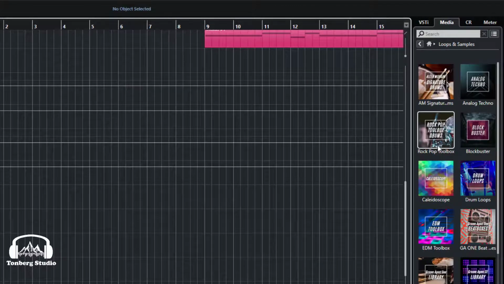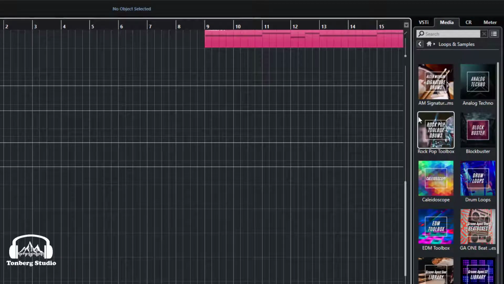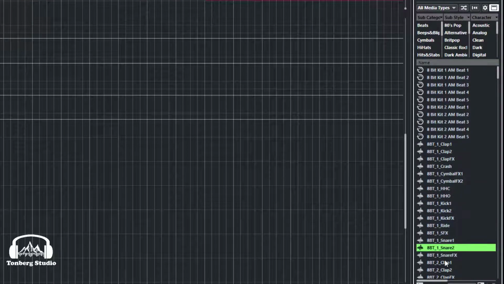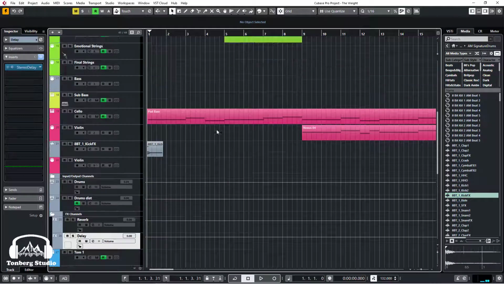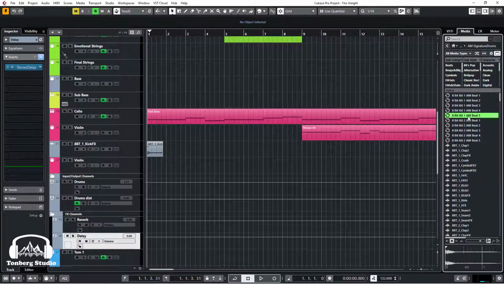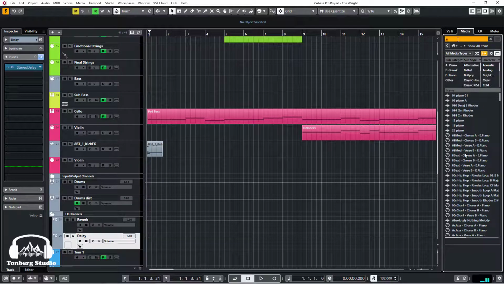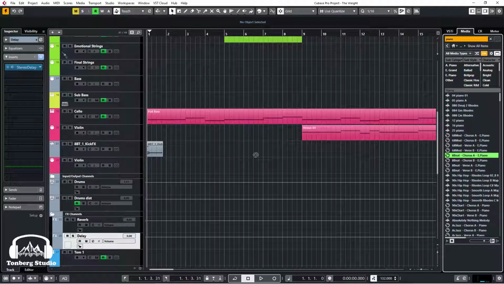The loops and samples list contains all the different audio samples and different patterns of MIDI in different categories. You have audio files that you can hear by clicking on them and dragging them into the project, but we'll focus on them more in the next course. You will also find MIDI loops of drums, pianos, and many other instruments. You can drag them into the track column or double-click to add them into the project,